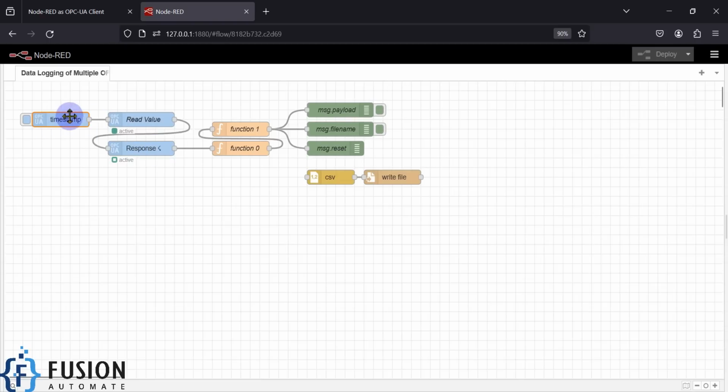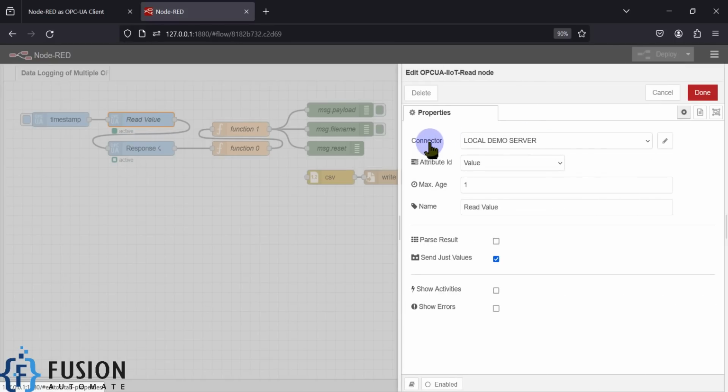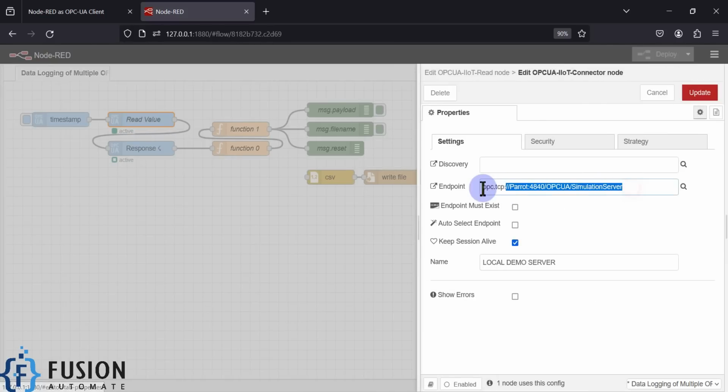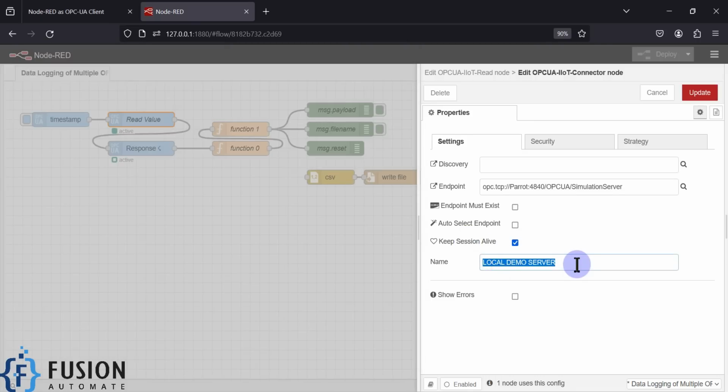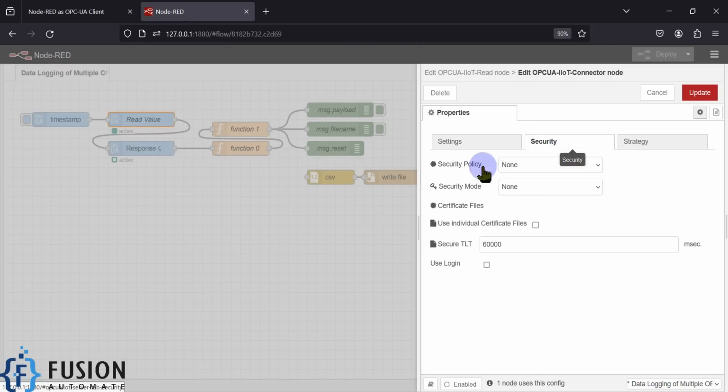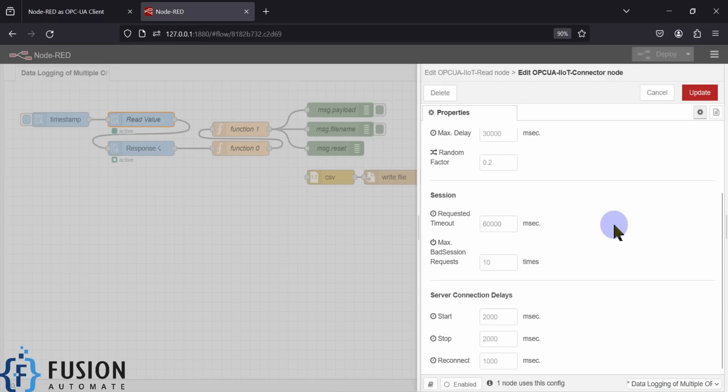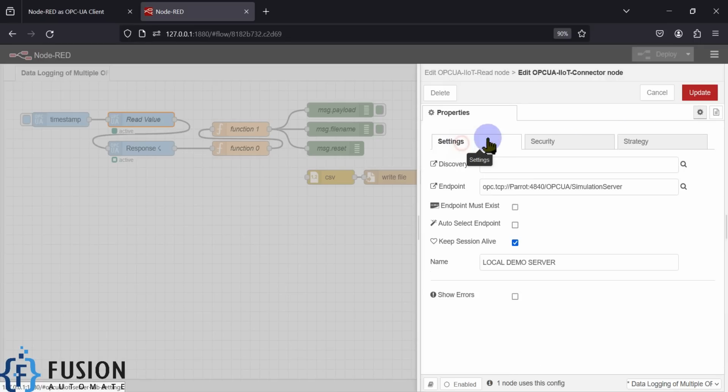Now this will pass the data to the read value node. What the read value node will do is read the data from this OPC UA simulation server. If you double click, you can see in the connector I have provided the endpoint URL of our Prosys OPC UA simulation server. You can see I have copied the endpoint URL from here and pasted it here. I have enabled keep session alive. I have named it local demo server. In the security, I have selected security policy none and security mode none, and everything is as it is. I didn't change anything, and in the strategy also I didn't change anything. So that's all related to this